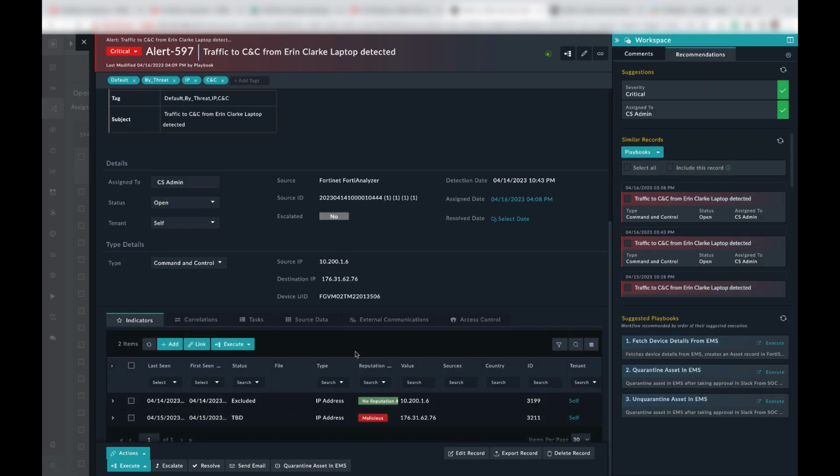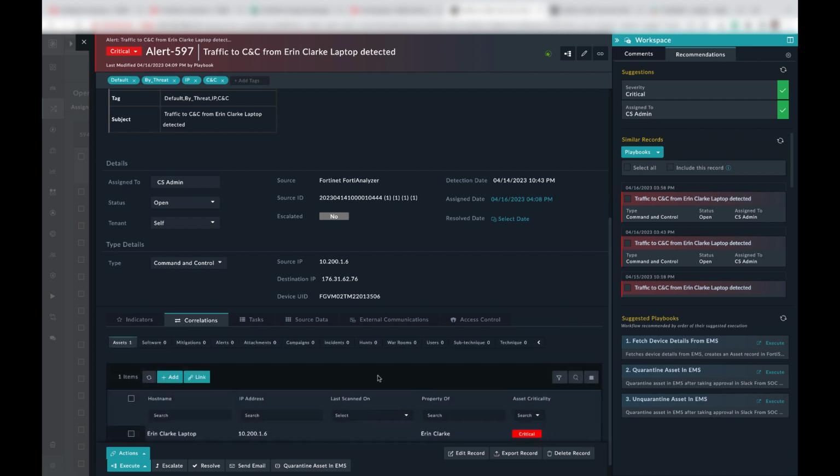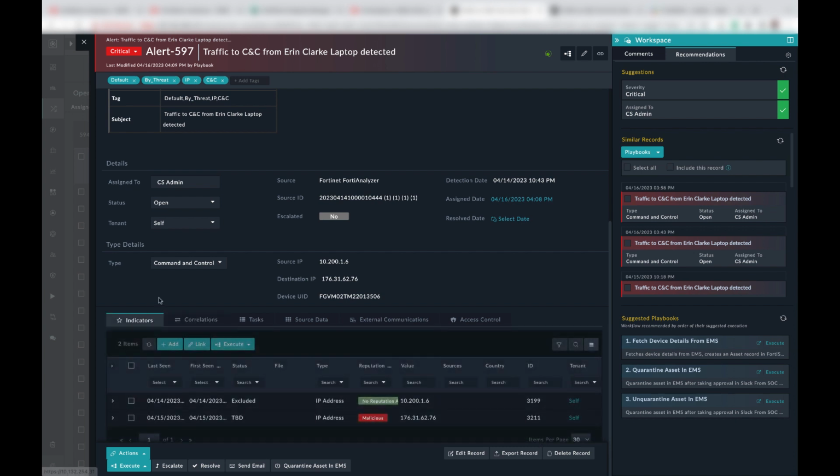Now what? Since I know this is malicious communication going on, probably there is a malware dropped here. My first intent would be to quarantine this source asset, Erin Clark's laptop, in FortiEMS. But let's assume, since we know this laptop is a critical asset, as you see here, I do not know if I can just